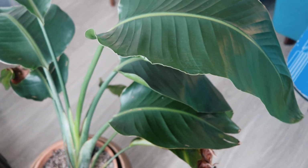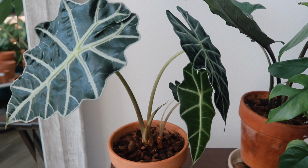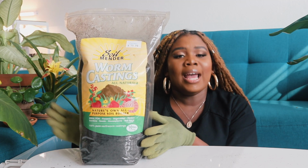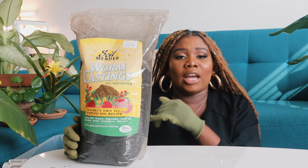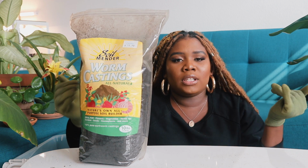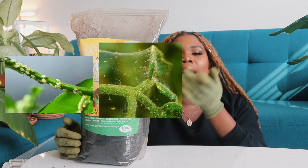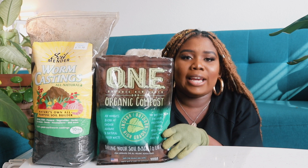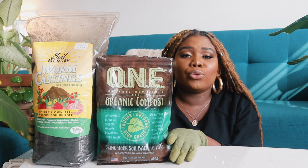My plants like my bird of paradise, my Dieffenbachia, my Alocasia Polly, as well as my elephant ears, all thrived in just worm castings in my mix. Another thing that I love about worm castings is that it has an enzyme in it that repels other pests like leaf-eating bugs that love to suck on or eat the plant's juices, like aphids, spider mites, whiteflies, those different types of pests. Both worm castings and organic compost are slow release fertilizers that can be used throughout the year,